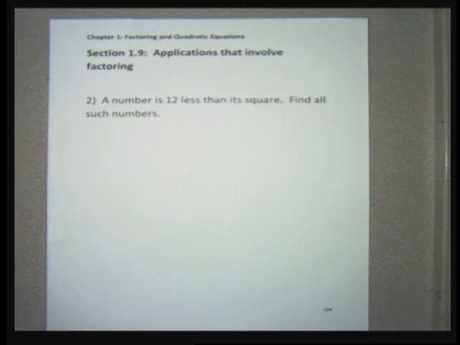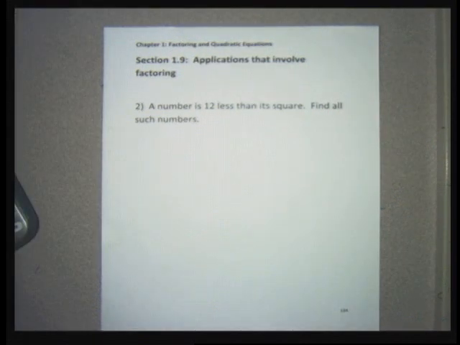I know a lot of students are intimidated by word problems, and if I can get you over that fear, that would be a great thing. This section is not intended to be ridiculously hard. If you go into this section with a positive attitude that you can do word problems, you might surprise yourself. Like I said, I don't try to pick the most difficult word problems, and if you are open to the idea that you might be able to do word problems, there's a good chance that you're going